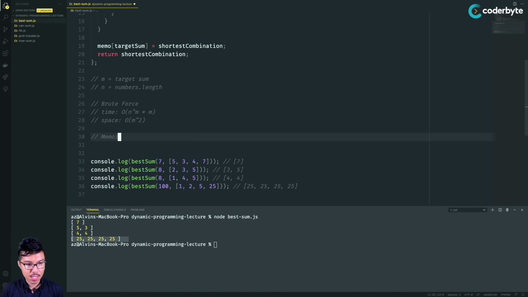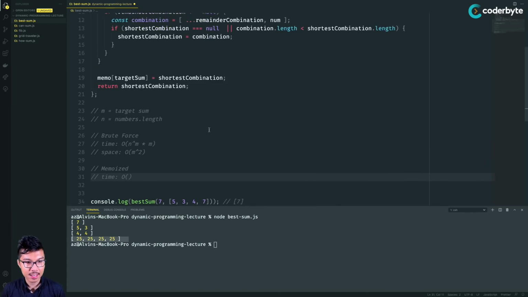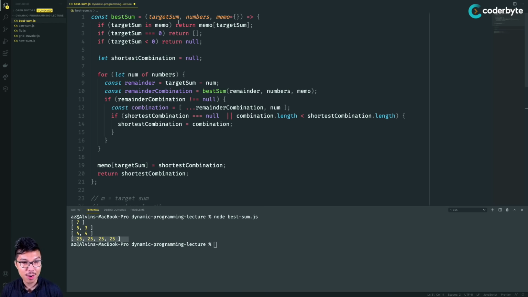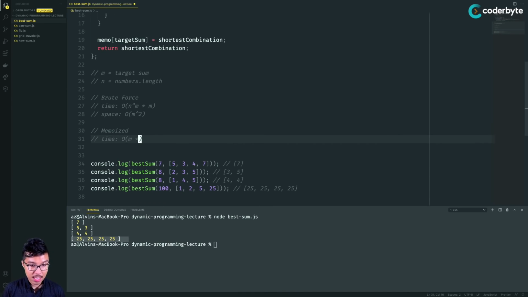So let's talk about the memoized complexity. Memoized, the time is obviously much faster, should not be exponential. But if I take a lay of the land, every target sum is going to be a key of the memo object, and target sum is really just a number, right? So if my target sum is 50, then I basically have 50 different keys I can ever store in the memo object. So if I have m different keys in my memo object, I won't be exploring any full duplicate subtrees for each of those keys. However, I will still have to branch for every number in the array, right? So overall, I'm looking at an m times n